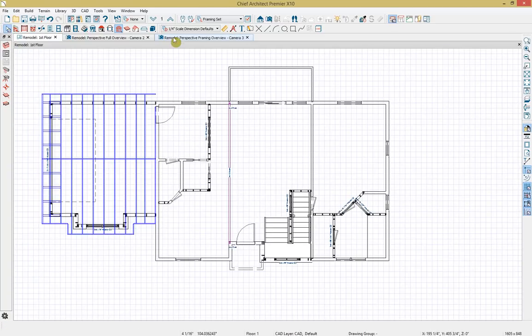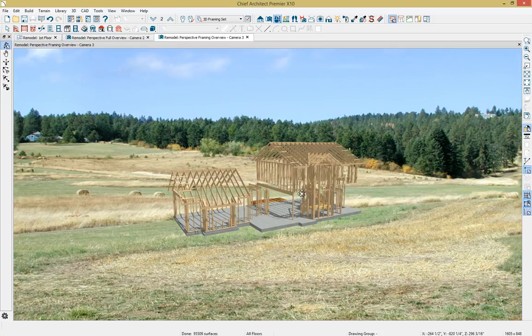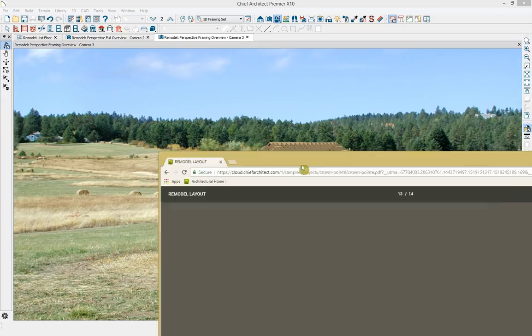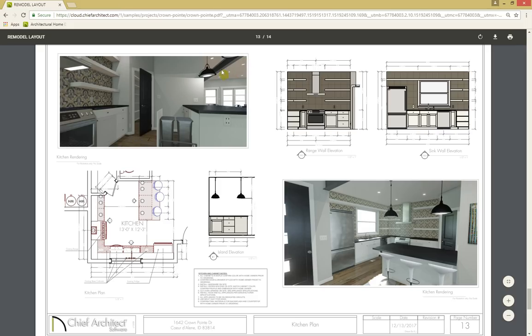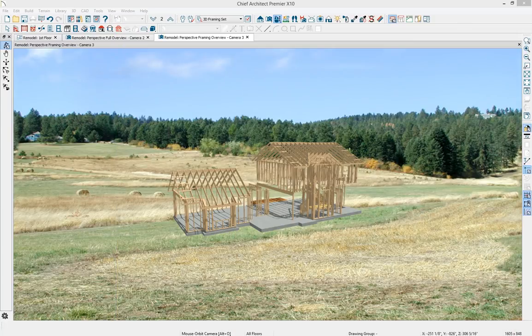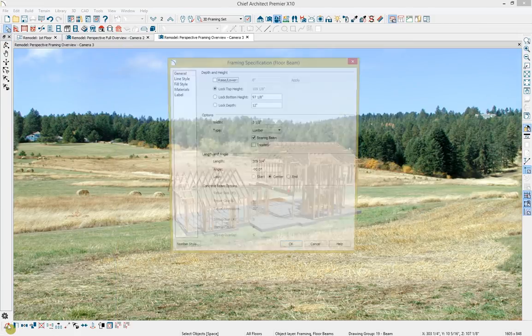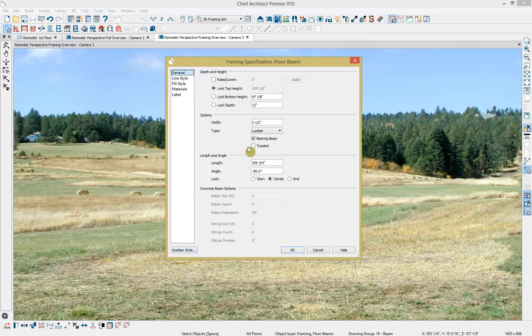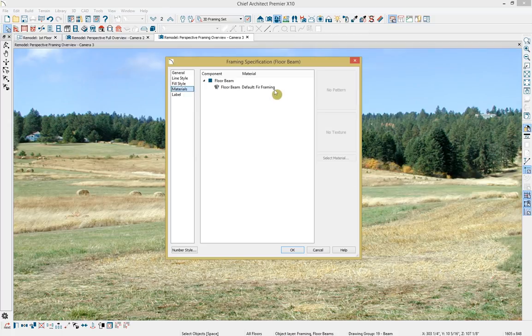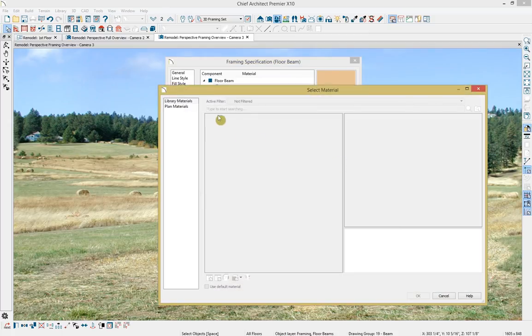Then when we go back to our framing overview, you can see that beam across there. But if we take a look at our final plan, I actually have a steel I-beam. So what I'm going to do is select that beam, open it up, and change the type to an I-joist, and the material, instead of fir framing,